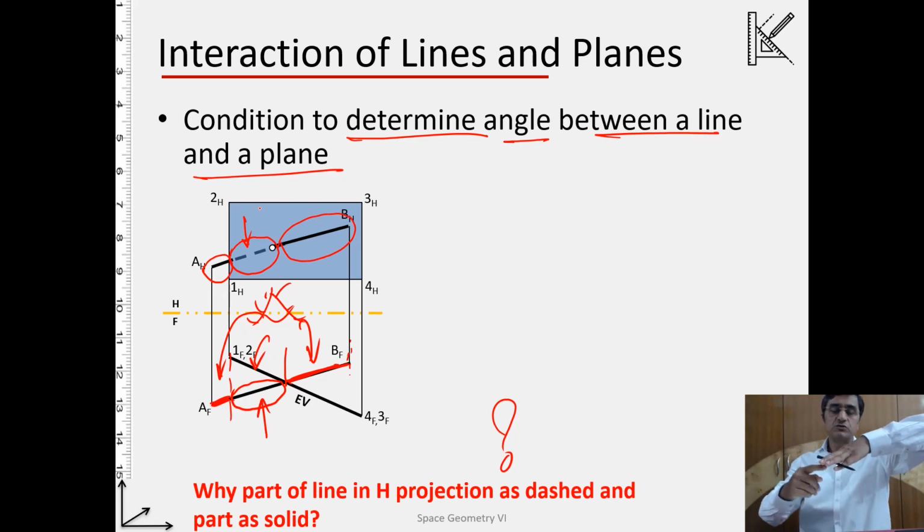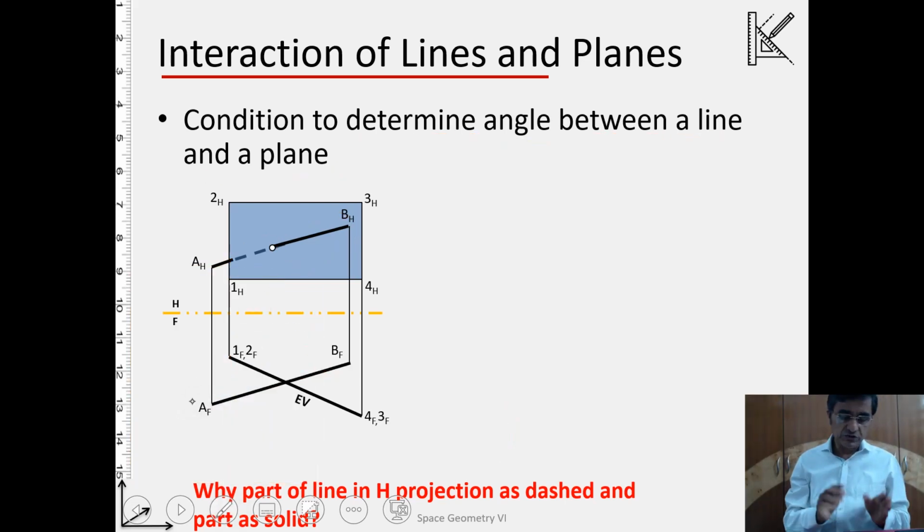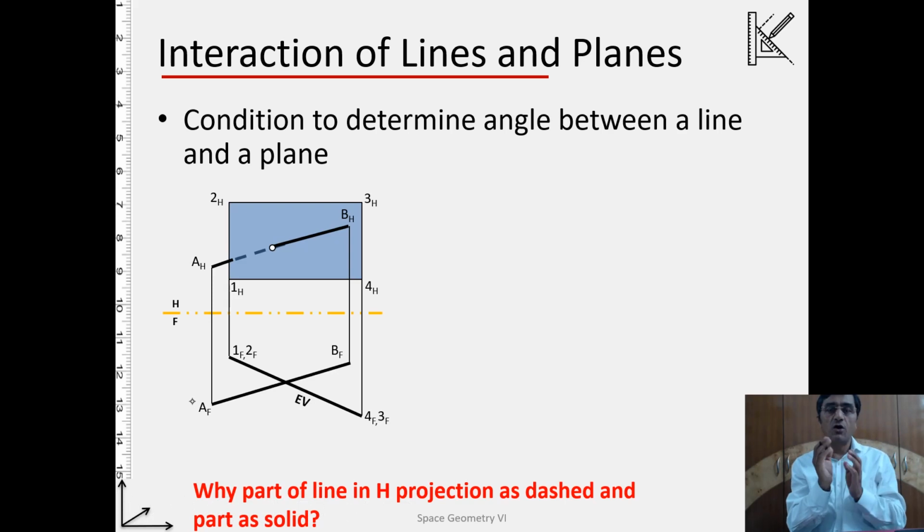Here is a line. The line is going under the plane and then coming out. So if I see it from the top, this part of the line here, I will see directly. So this part will be projected onto the horizontal as a solid line, while this part of the line, because it is under the plane, will be projected as a dashed line, and then this part of the line, again I can see directly from the top. So this part is projected as a solid line. So this visibility concept also should be clear to us: why and when we see things as solid or dashed.